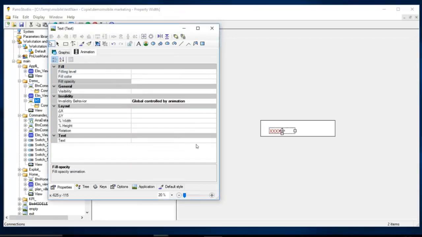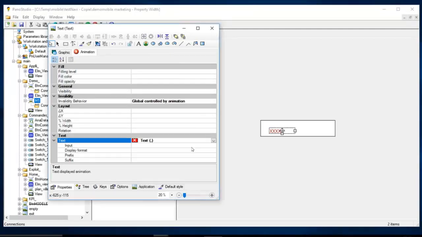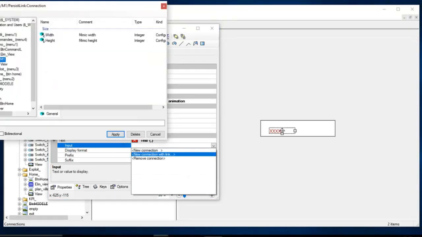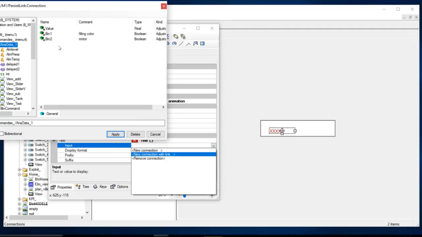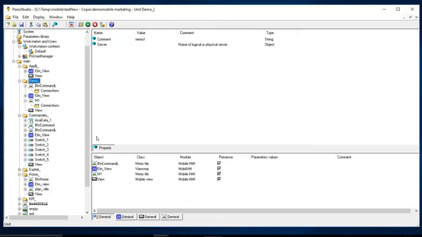It will be in some kind of label, so I can link the text to a value, any kind of value in my application. So I will look for this part. Why not this one? The value of something else in my application. I can add M1 to make this kind of behavior.